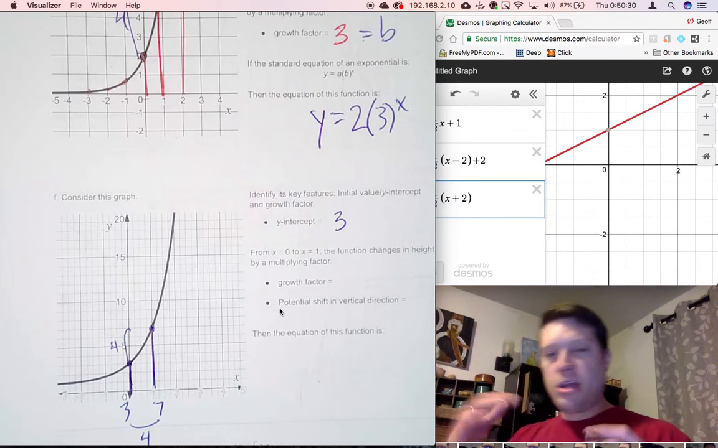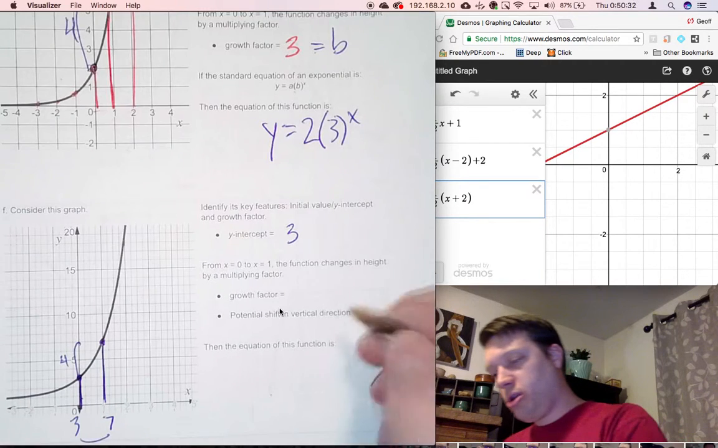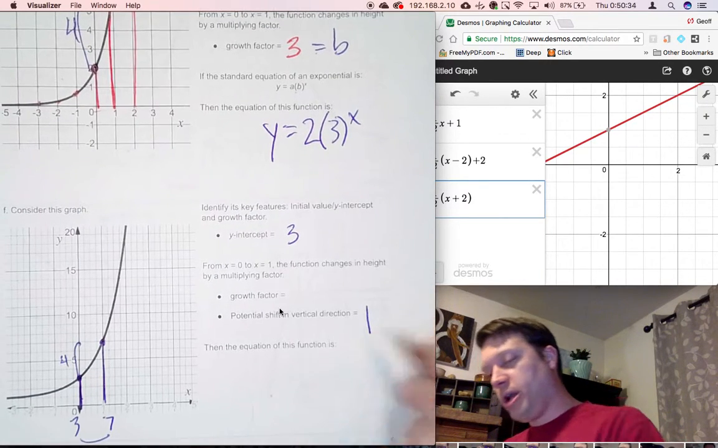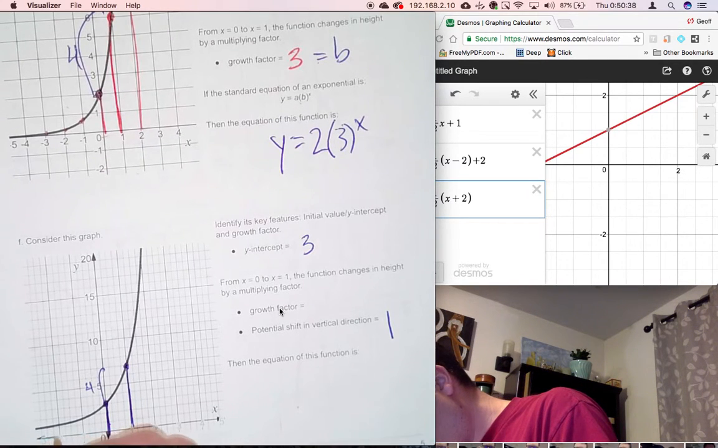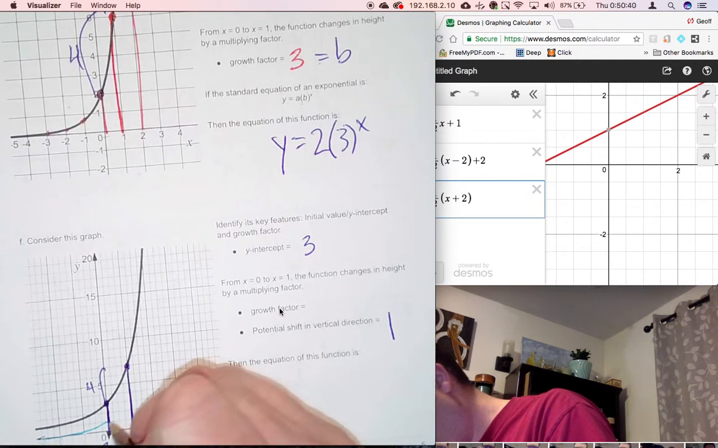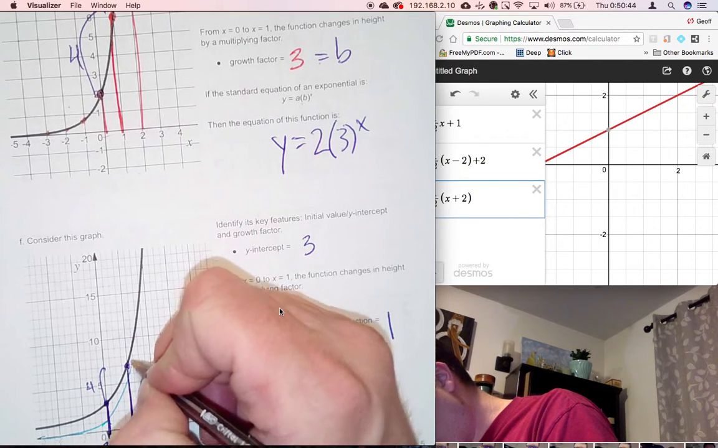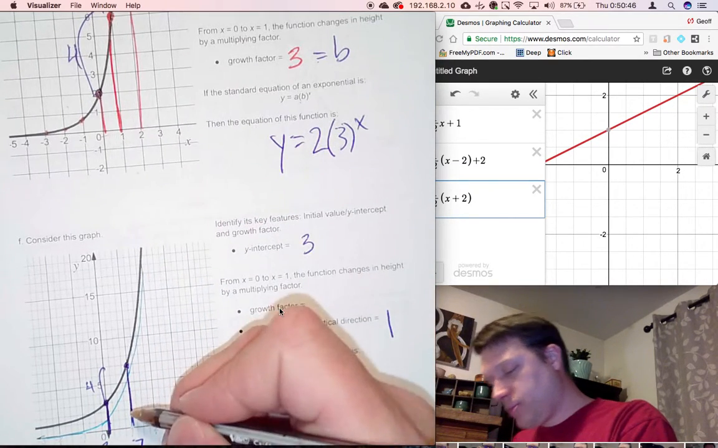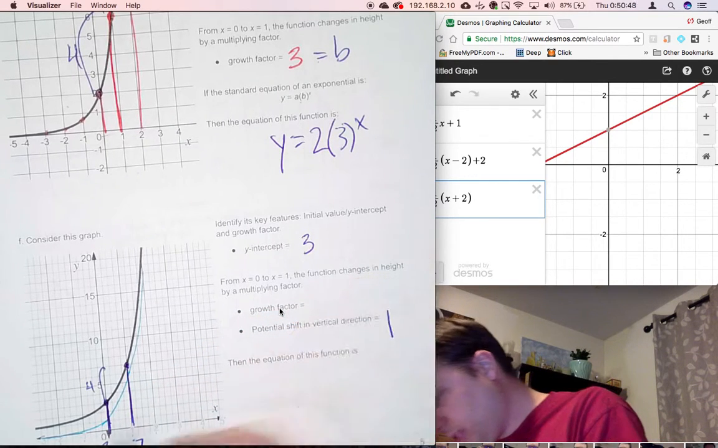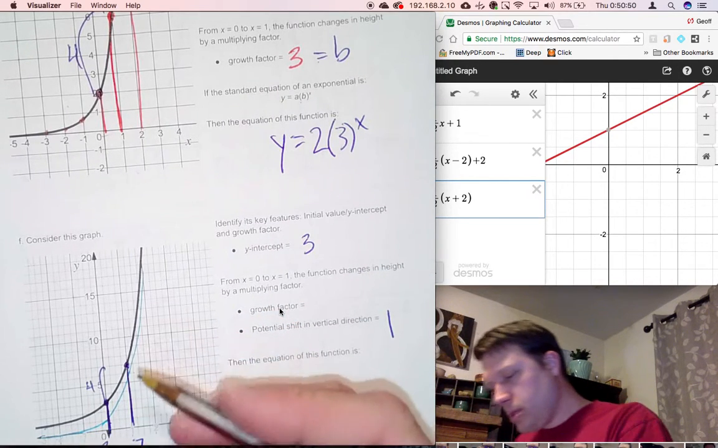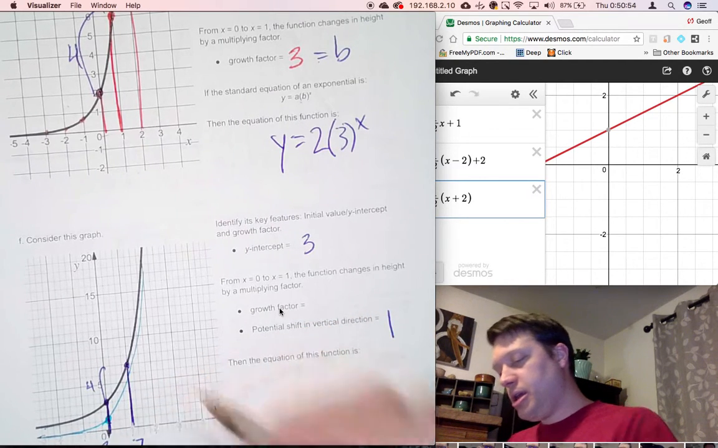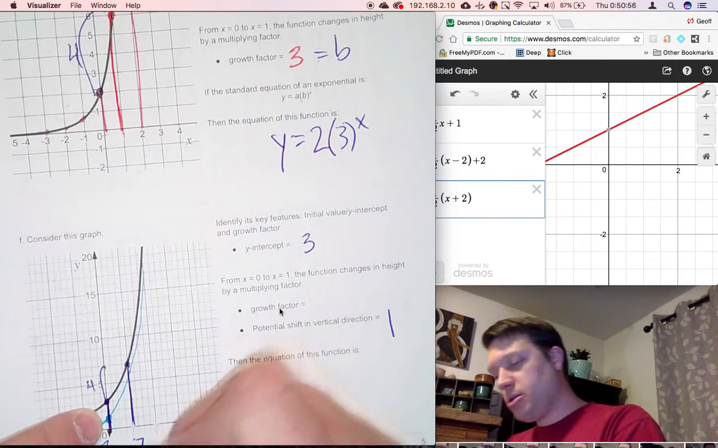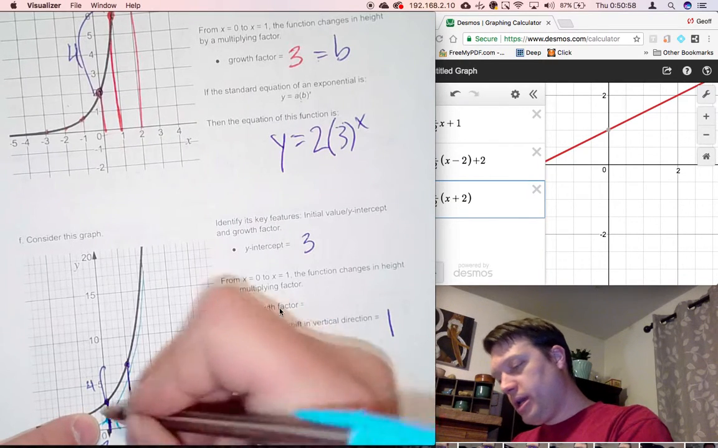Let me shift everything down. A potential shift in the vertical direction of 1. Let's shift everything down 1 space. So shift it all down by 1 space. This is by 1 space. But in doing that, what I'm seeing is the y-intercept is 1, and